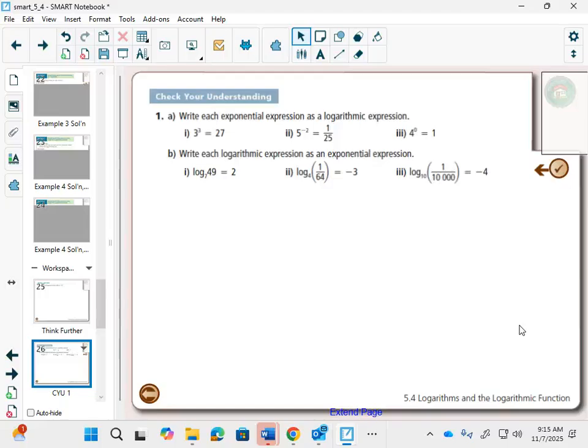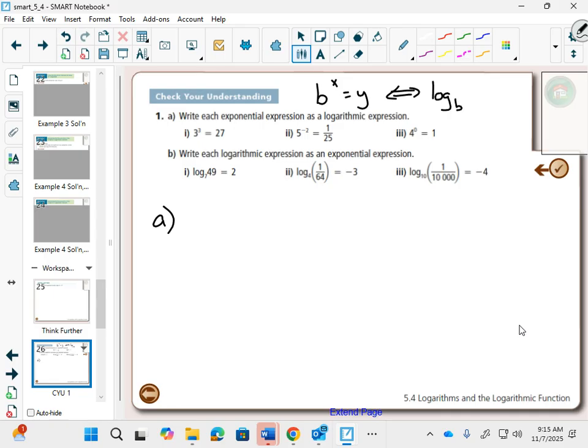Can you use the definition and write them in log form? Look at the definition. Here, I'll rewrite the definition for you here. Base to any exponent, that's exponential form. The log form,